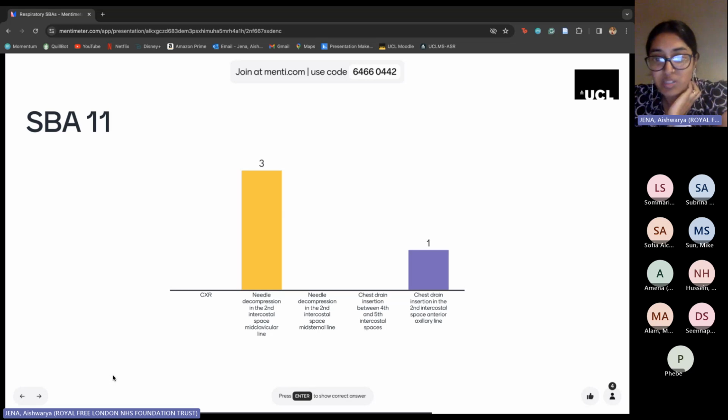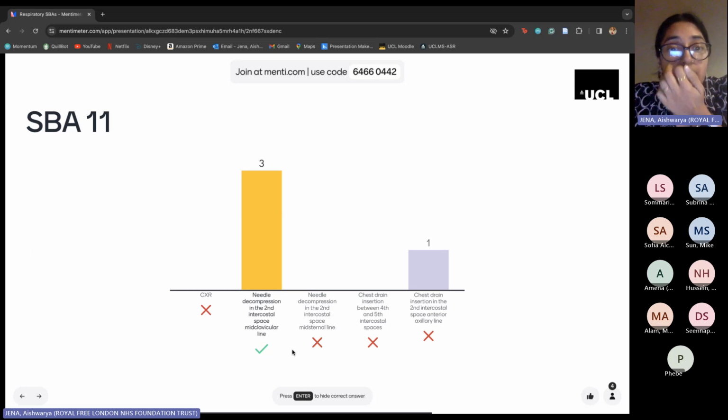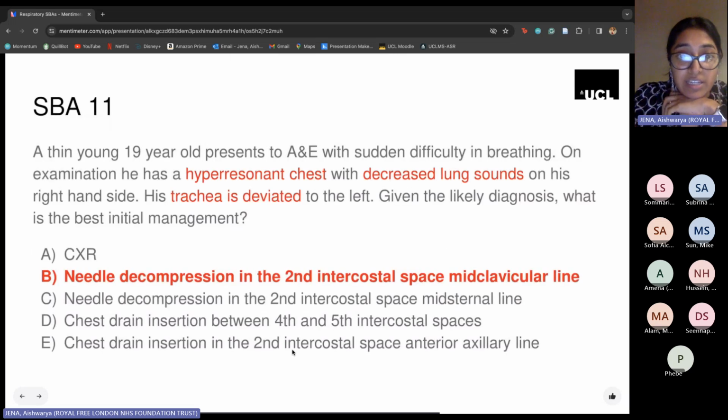Yeah, I think that's probably as many as we've got. Okay, so that's correct. The majority, needle decompression in the second intercostal space. Reason being that this is a tension pneumothorax. The reason that you know that this is a tension pneumothorax and not a spontaneous pneumothorax or otherwise is due to